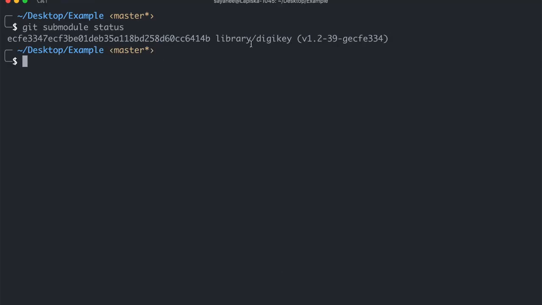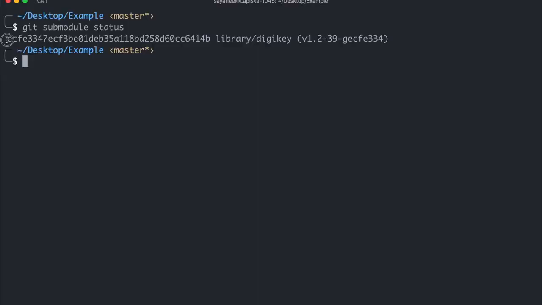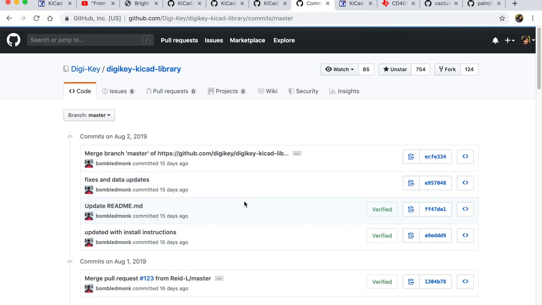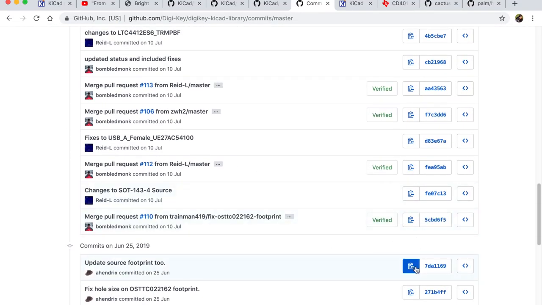Now, for this Digikey library, I have the SHA-1 commit, the latest one, I believe. So if we compare this number, it actually matches. You see it's EFE33, and if you come to the latest commit, it is also the same. Now, the cool thing is, let's say you want to go to some other commit. So I'm just going to randomly choose one, and let's say it's this commit,